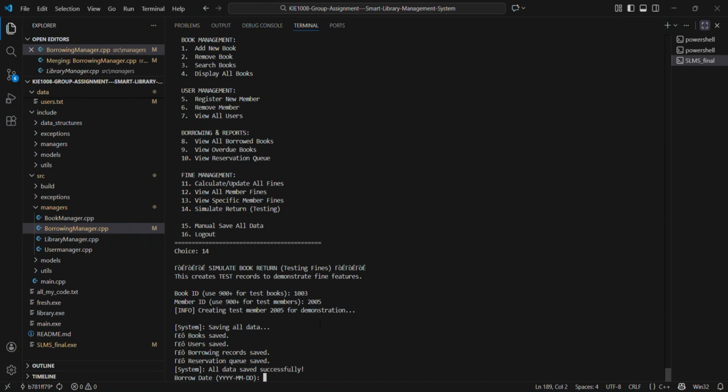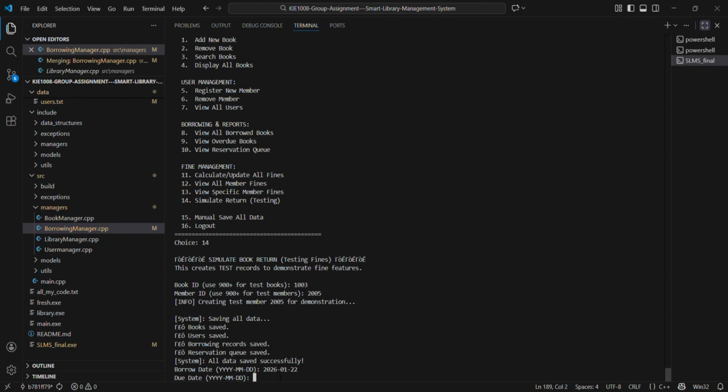So now 2005 is a new member. If you can see, creating a test member for the user for demonstration. So let's say the borrow date of the book was 2026, say 32nd January. So the due date would be, say for example,